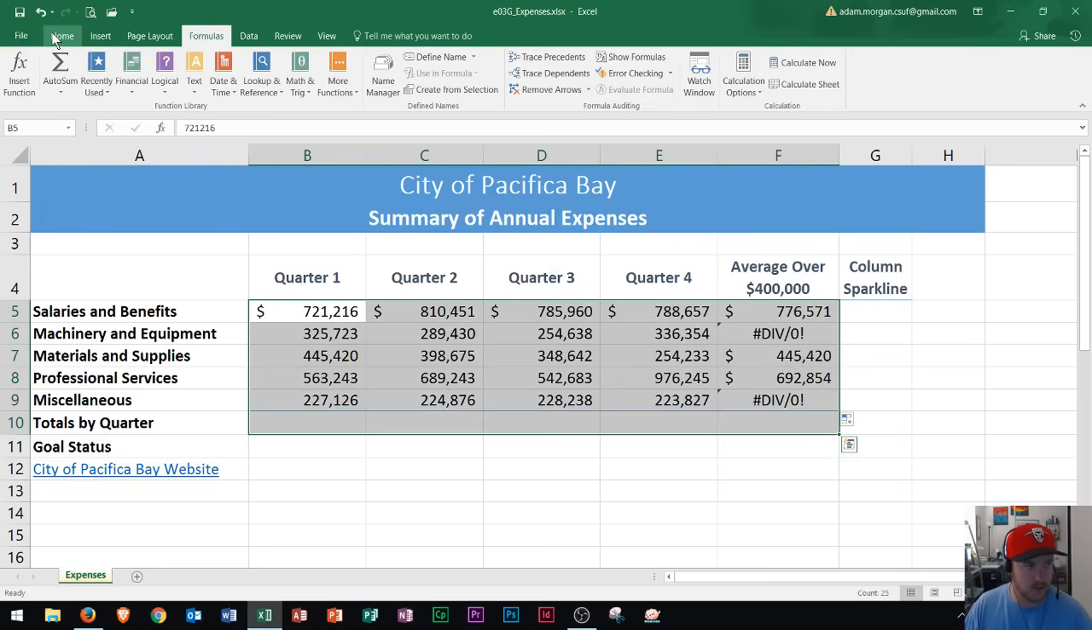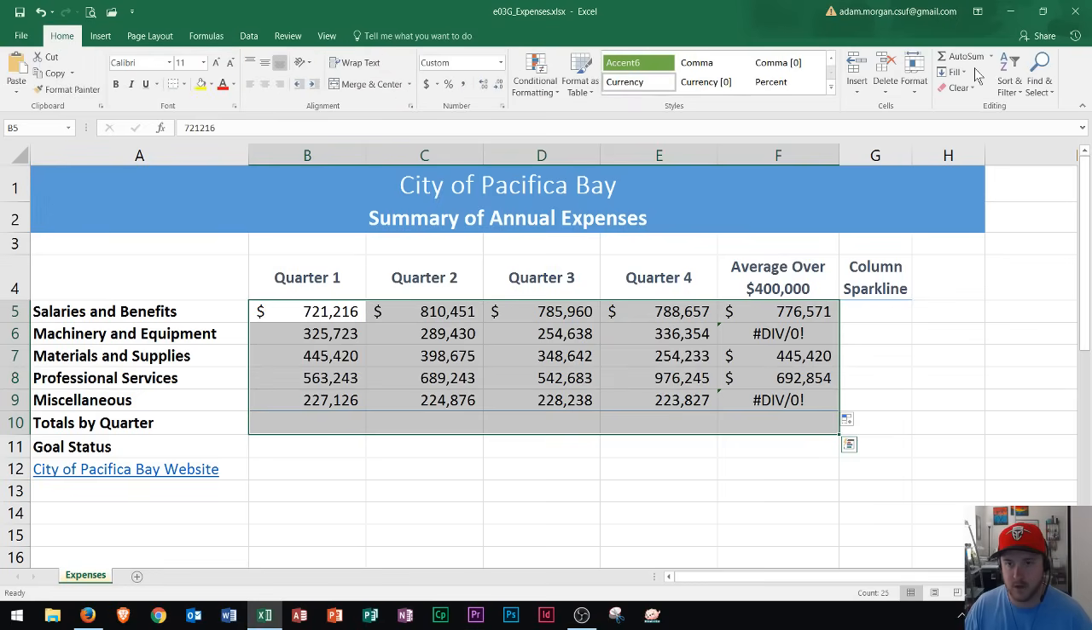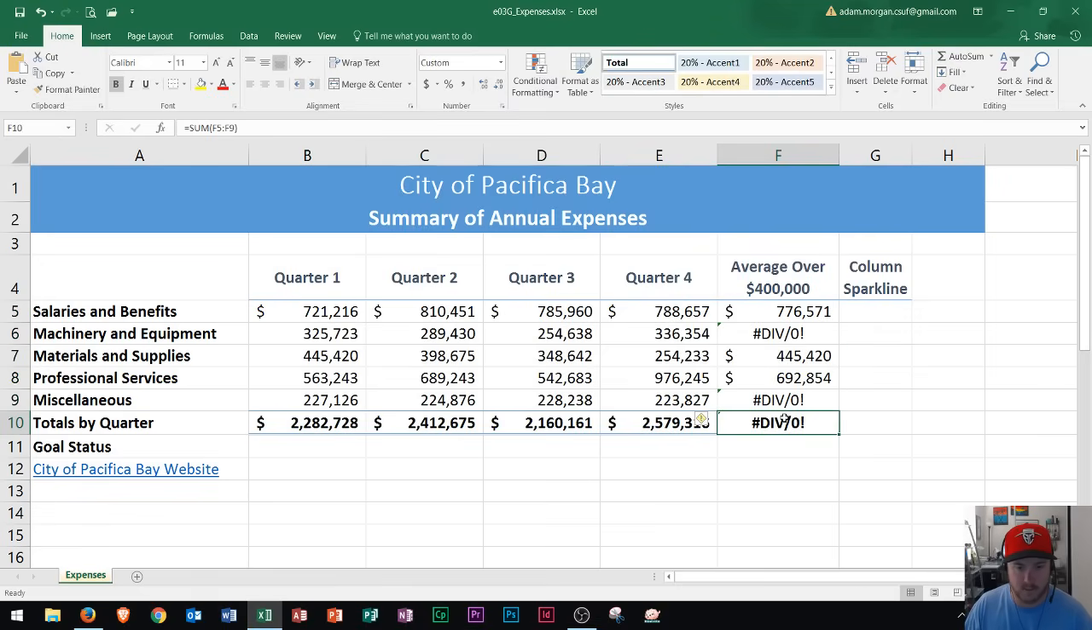So you just go to the Home tab, Editing group, and click AutoSum, and it's going to fill in all of those numbers. Okay. Now keep in mind this number is not going to work right there because you can't divide by 0, so I'll just get rid of that. But now we have our total numbers for quarters 1 through 4, and then one of the functions that it